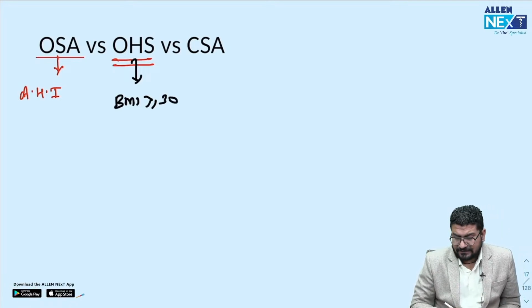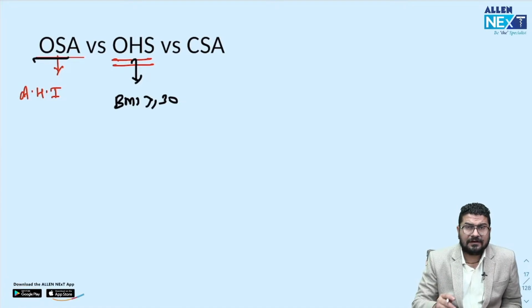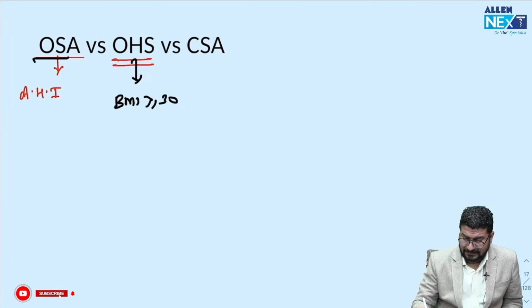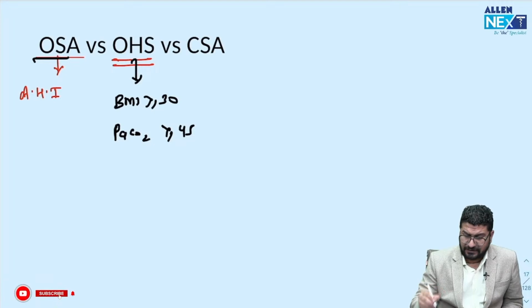Sometimes a young person who is not obese but is a heavy smoker, or a person who has ascites, or a person with some neuromuscular disease. So OSA can be seen in normal weight people, but obesity hypoventilation syndrome is seen when BMI is more than 30. Then if you notice the PaCO2, it will always be more than 45, meaning the patient will have respiratory acidosis. So BMI is more than 30, PaCO2 more than 45, and there will be some evidence of